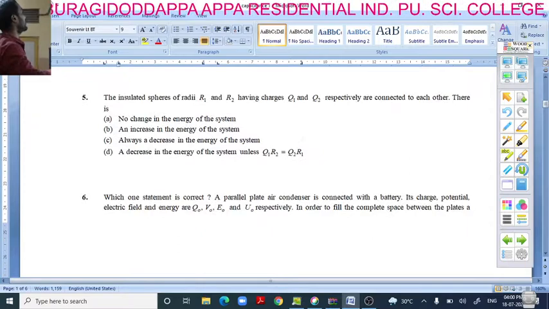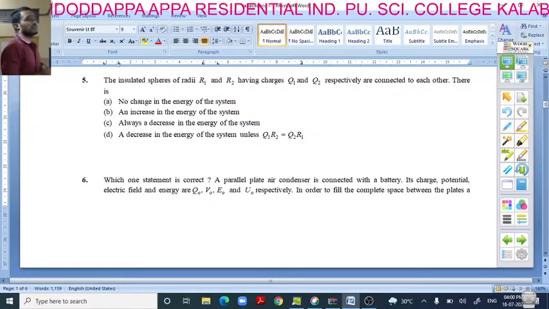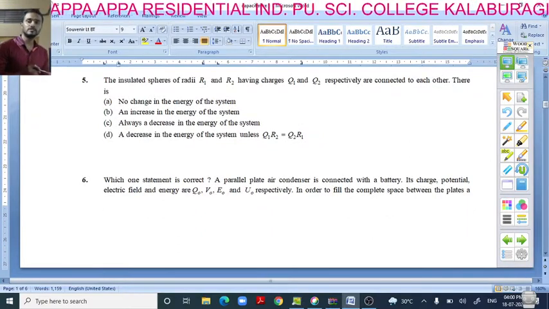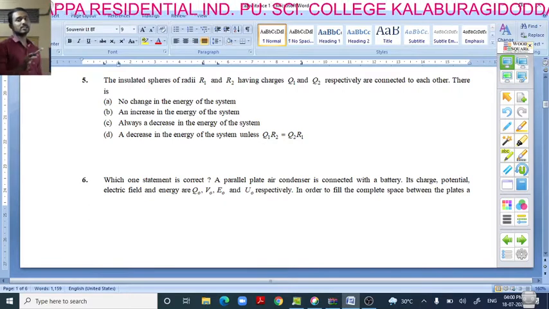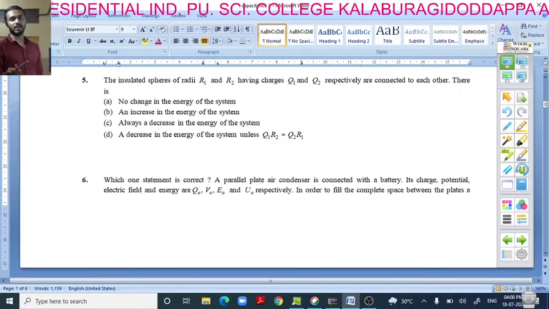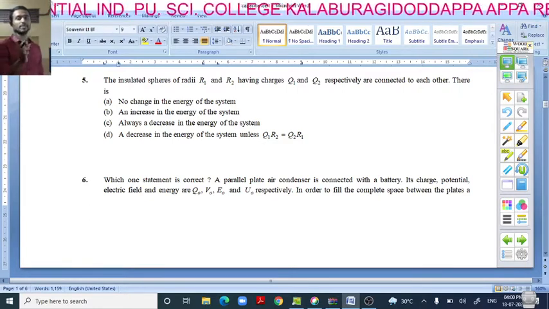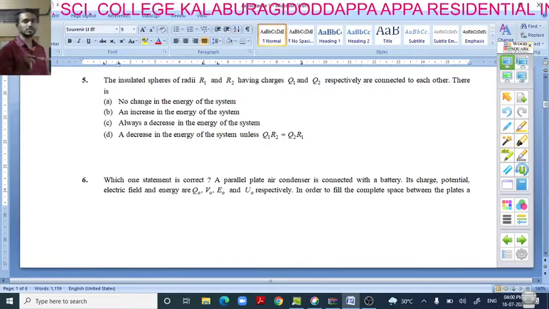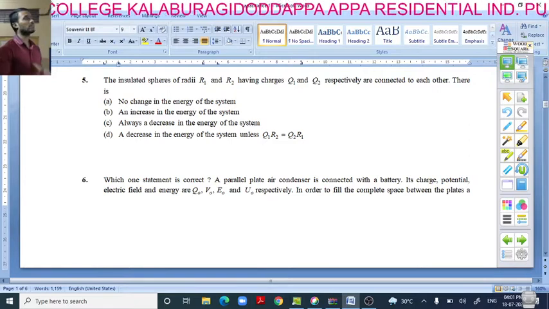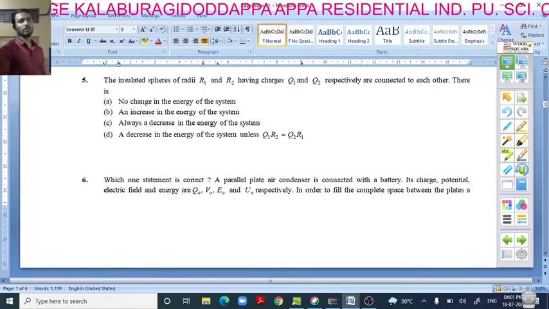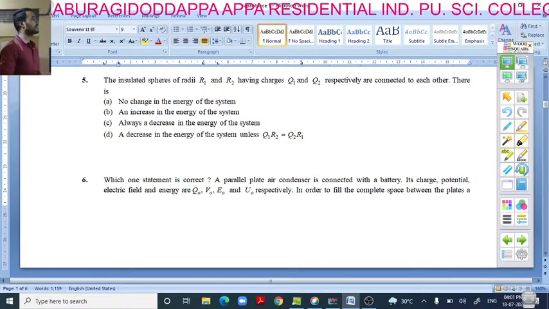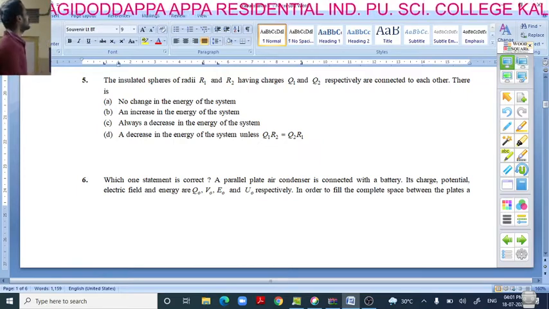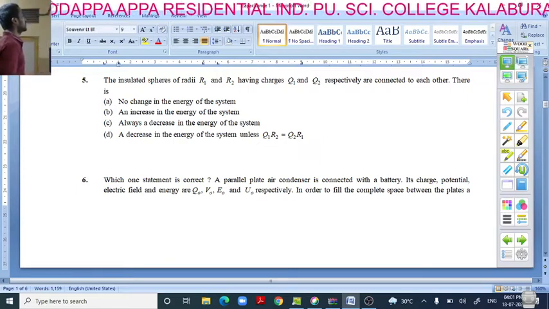In other different formulas, first you write the given data: which quantities are given and which quantity is being asked to find. Both the asked quantity and the given quantity should be present in one formula. Such a relation you have to choose to decide the formula to solve the numerical, right? Okay. Anyhow, this is the next question.